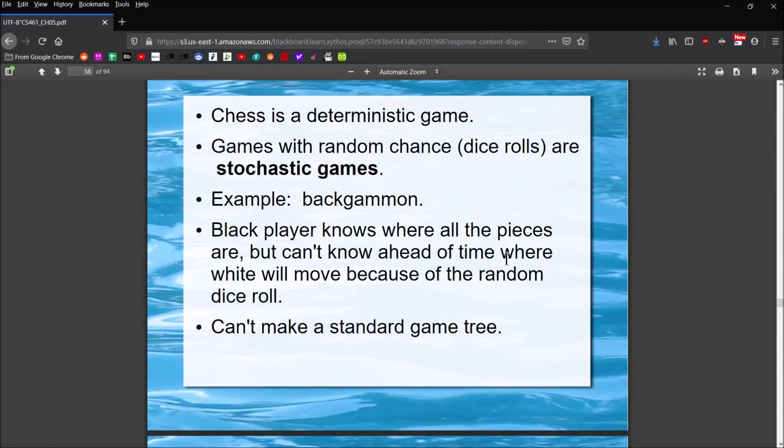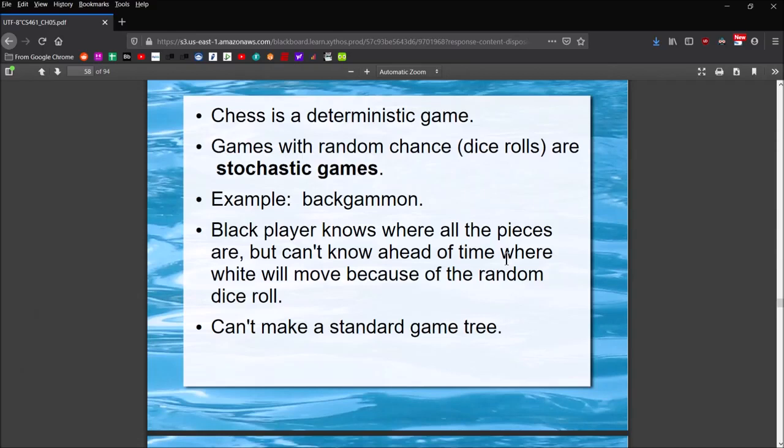So, for example, in this section, the textbook bases its example of stochastic games and AI for it on backgammon. Okay, fine, right? Because you have to roll 2 dice to determine how you're going to move your pieces around the board. But of course, there are other examples, Monopoly, where you're rolling dice to see how many spaces you move. Yahtzee, you're rolling those 5 dice. The game of Sorry, if you've ever played that, it doesn't use dice, but there's a deck that you draw from. Poker, anything where there's some random chance built into it is a stochastic game.